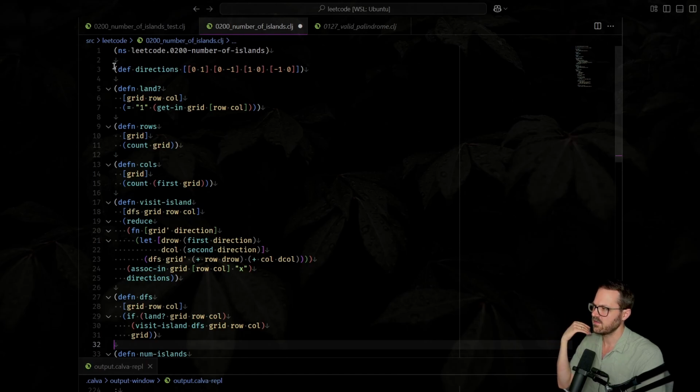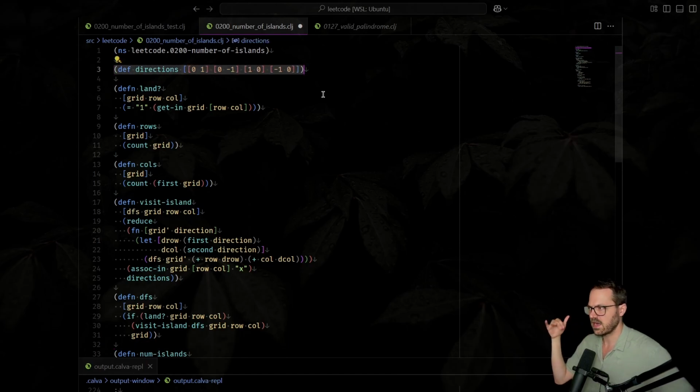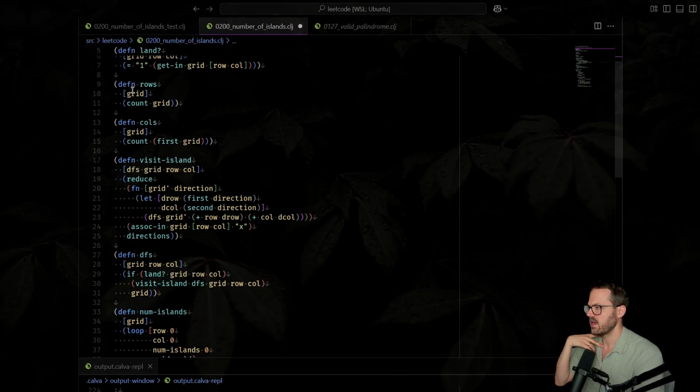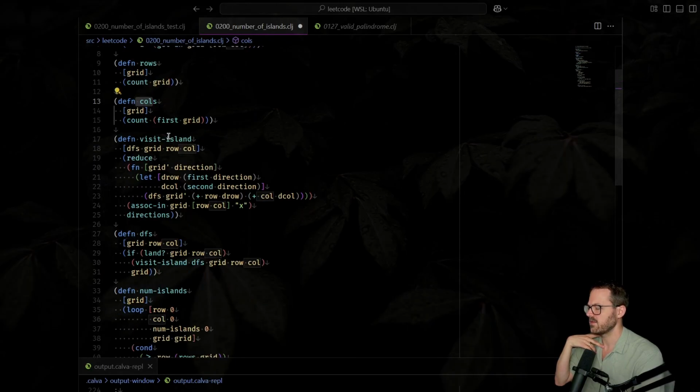You can see that at the very top, we are defining all of the directions. You've got the next column, the previous column, the next row, the previous row. We have a helper function which says, are we currently looking at land? We know that it is land if it is a 1. So from the grid at the given row and column, do we have a 1? If it is a 1, then it is land. We have a helper function which gets our rows, which is the count of the grid. We have a helper function which gives our columns, which gives us the count of the first element of our